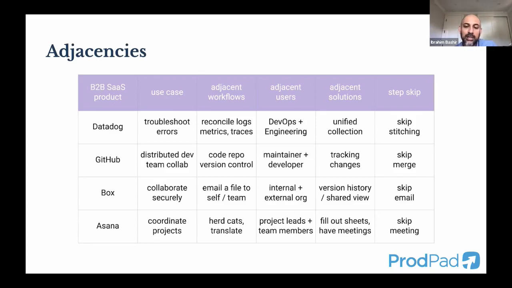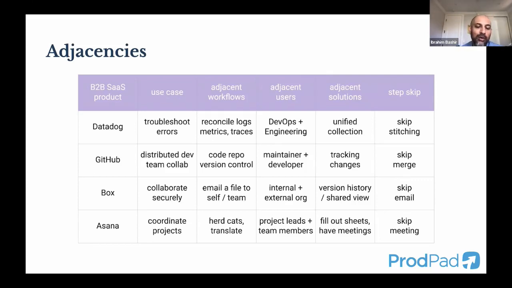So a big use case for Box is you have sensitive content in your enterprise. You need to collaborate with a partner, an integrator, an advertiser. How do you do that in a secure and compliant way, right? And then they actually improved it by giving people a shared view into the version history. But the step you're skipping is this email. So you have a partner, they're like, hey, I need you to sign this document. Before, you'd say, let me email it to you. And it's now, no, let's not email. Email is trouble. Let's actually automate that. Let's make it access control.